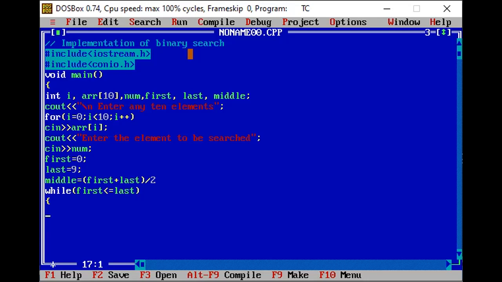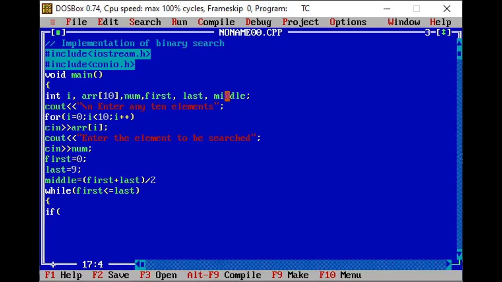Now, according to the algorithm, we need to check the middle element first.